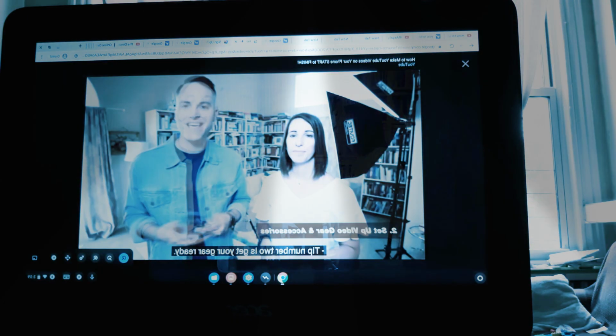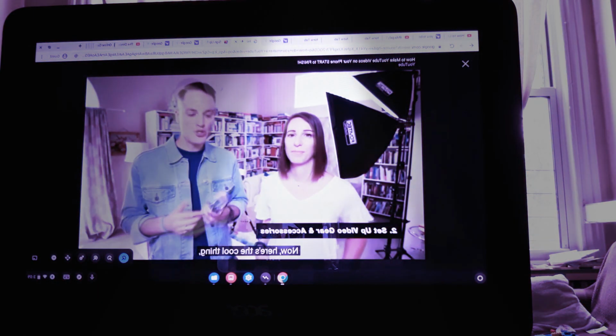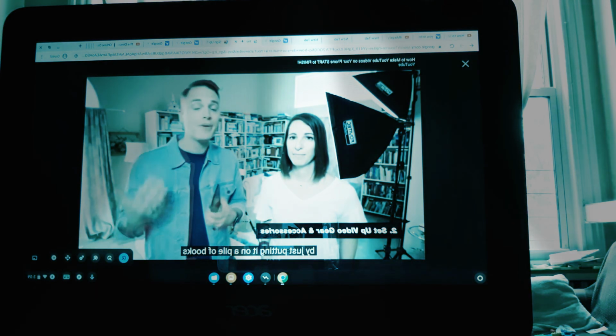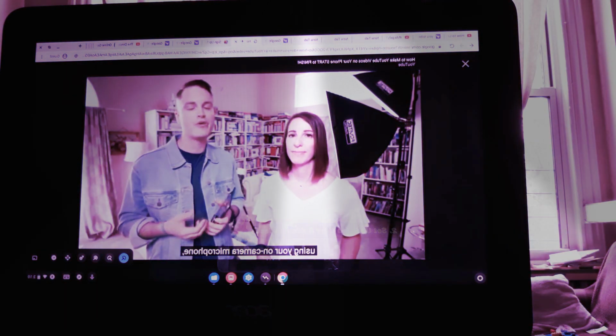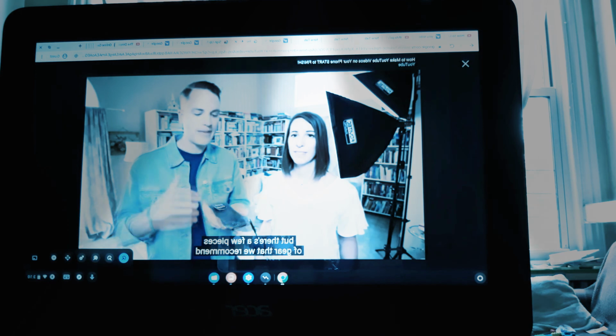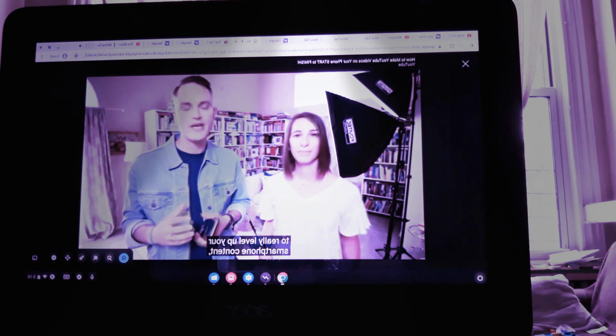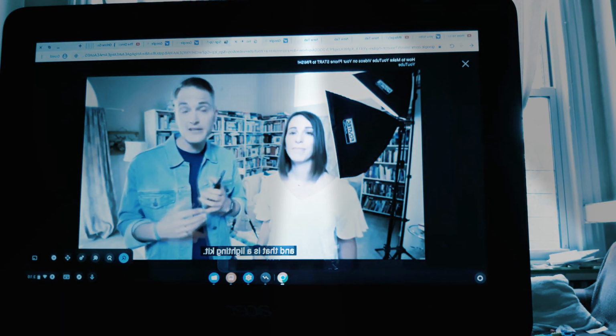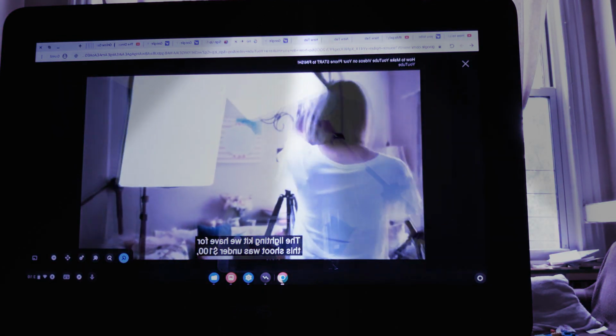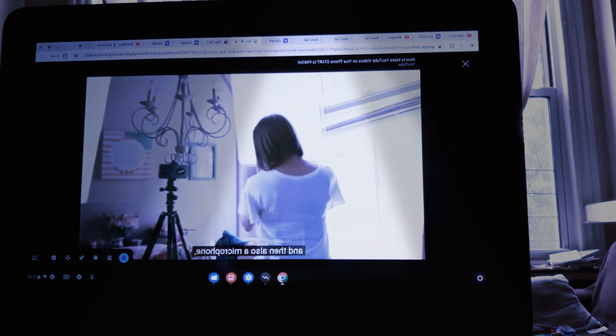Tip number 2 is get your gear ready. Now here's the cool thing. You can start with your smartphone by just putting it on a pile of books using your on-camera microphone, but there's a few pieces of gear that we recommend to really level up your smartphone content, and that is a lighting kit. The lighting kit we have for this shoot was under $100, and then also a microphone,